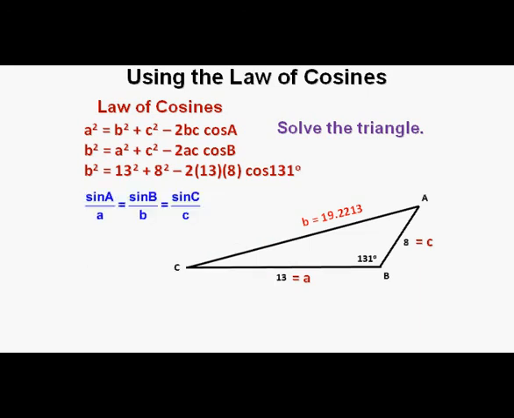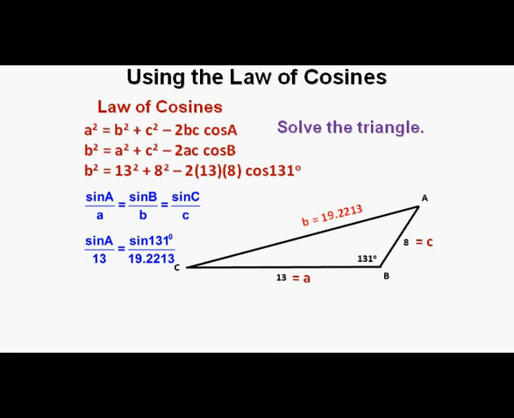Next, we need to use the law of sines to find either angle A or C, and here's the formula for the law of sines. Sine A over side length A equals sine B over side length B equals sine C over side length C. We set up the equation to solve for sine A by using sine A over side length A equals sine B over side length B, and that will be sine A over 13 equals sine of 131